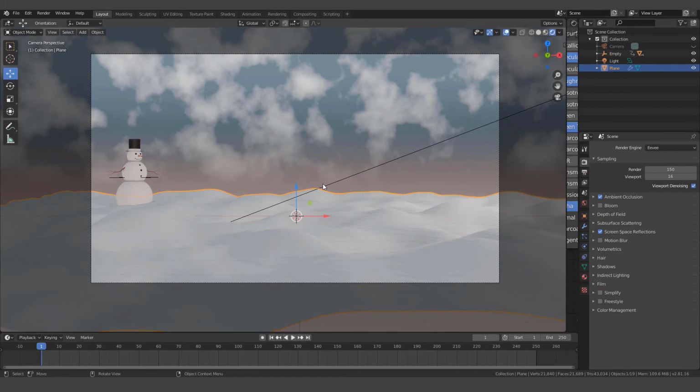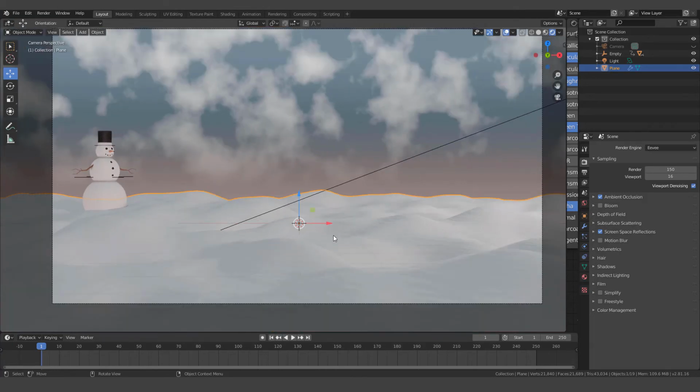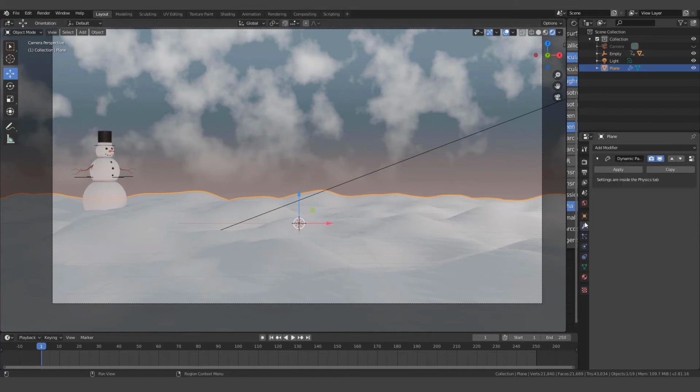Okay, so before we render this out as a finished video, let's put a dynamic paint effect on the ground, which will make it look like the snowman's leaving an actual trail through the snow. Now, in order to do that, I had to apply the modifiers that are on our ground. So you simply left-click them, hit your modifiers. I've already added that stuff on there. All you have to do is hit the apply button and apply them in order, and you have to be